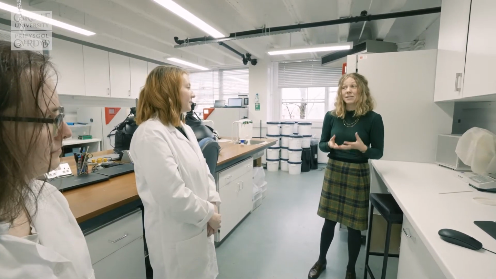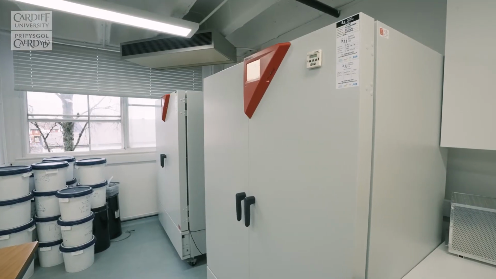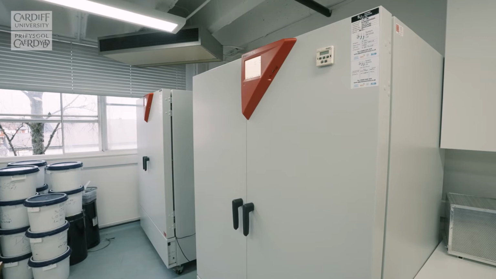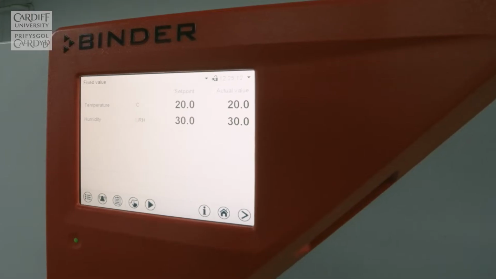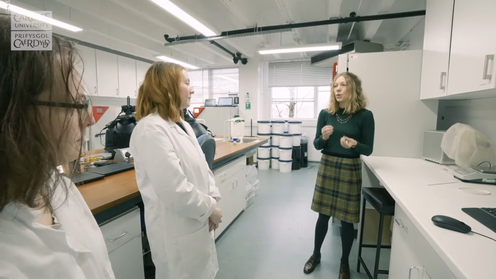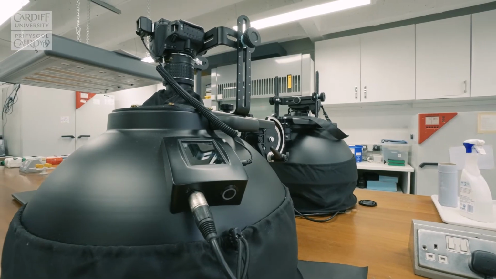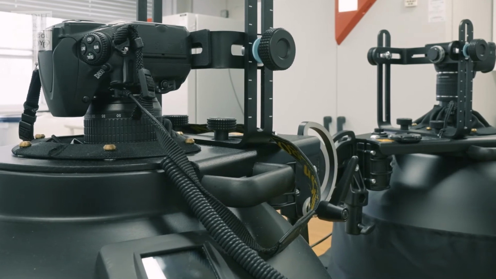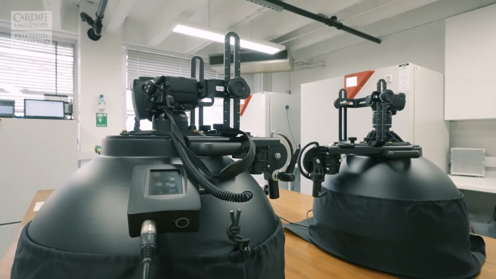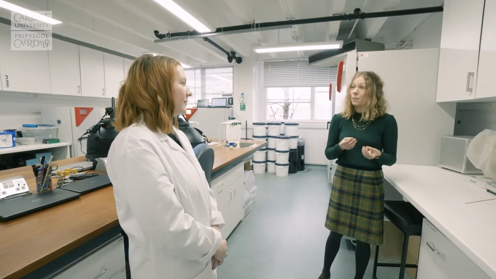Okay, this is our climate simulation laboratory. We have a range of equipment here that we use to understand materials. So we've got a range of climatic chambers, for example, where we can manipulate environmental conditions such as humidity, temperature, and light. And we can use this to examine materials and how they interact with the environment. We've also got reflectance transformation imaging, where we can look at the shape and surface textures of materials. And that reveals information that we normally can't see with traditional photography. And normally we detect things that we can't see with the naked eye.